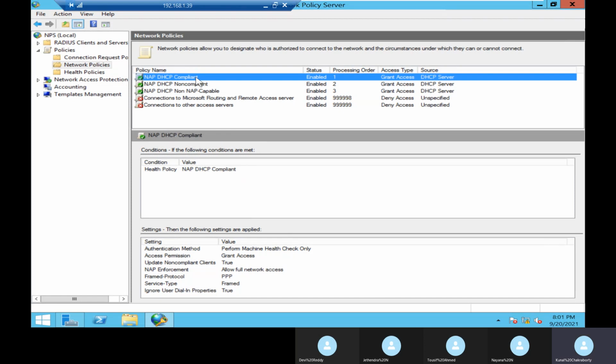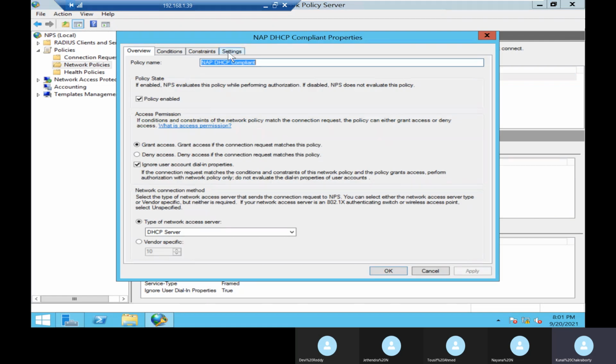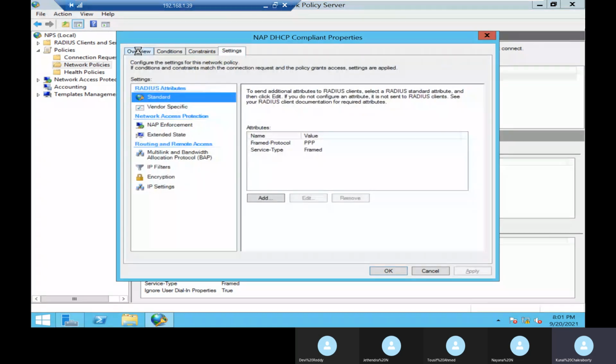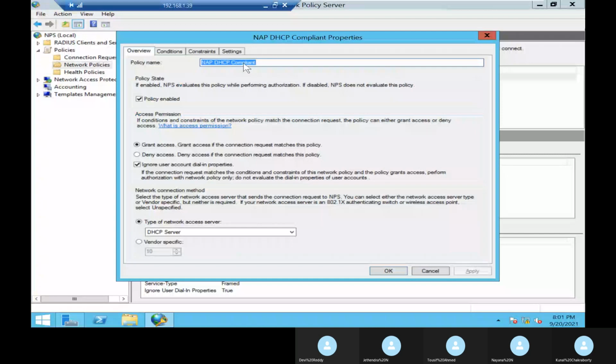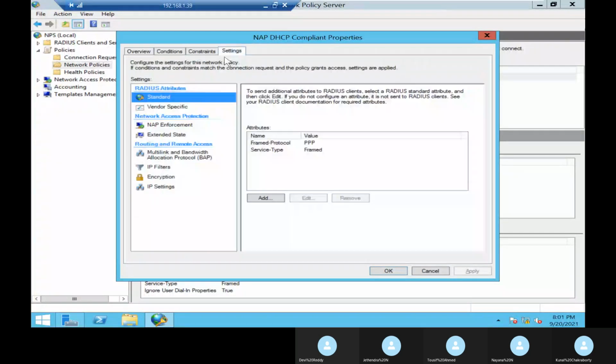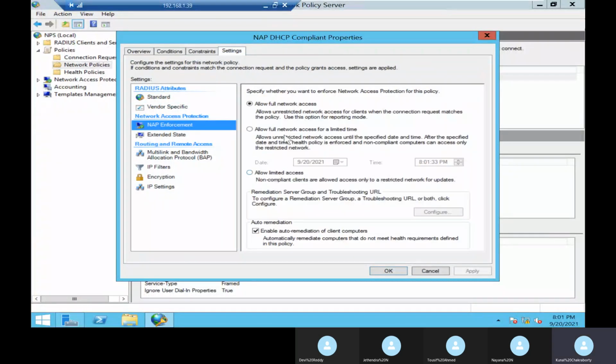So basically what exactly is the difference? If it is NAP DHCP Compliant, what is the meaning? If I go and show here, Settings, NAP Enforcement, here you can see under NAP DHCP Compliant, it is showing Allow full network access.